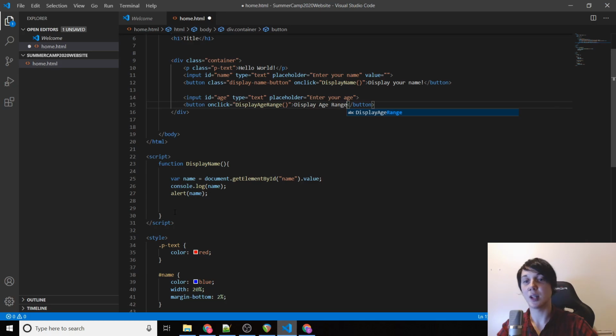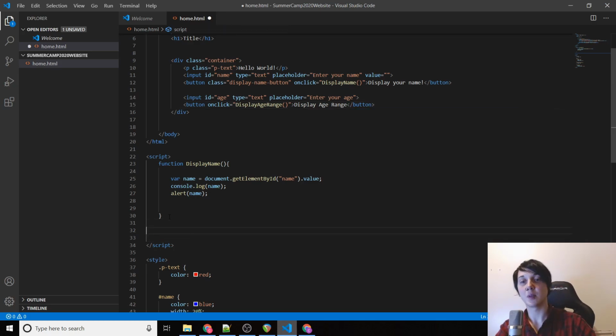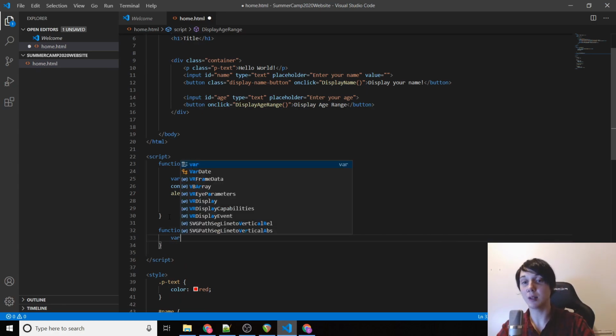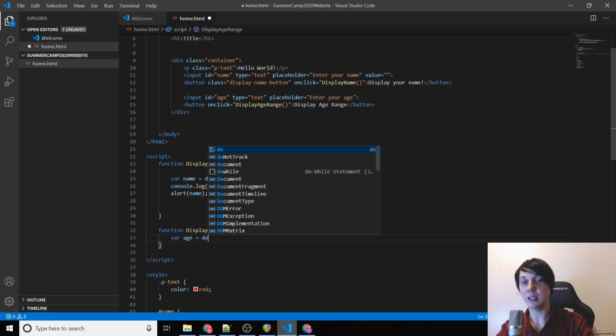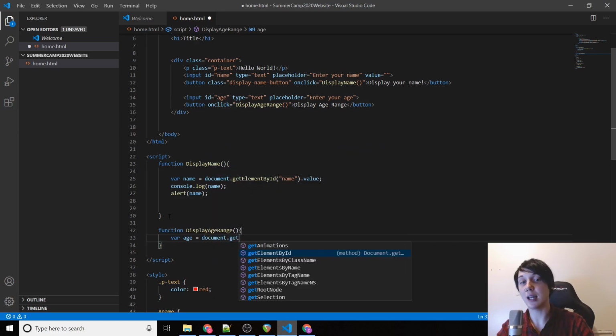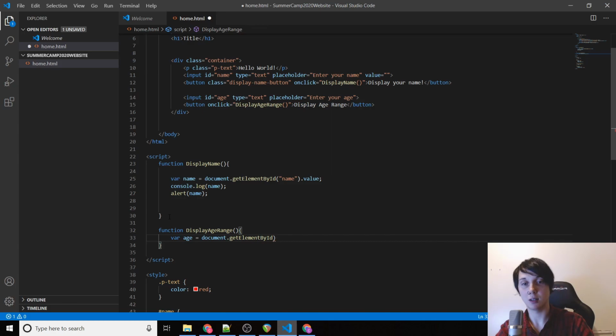Awesome. So now we're going to create another function called display age range. Then we're going to do the exact same thing we did with our name, but with our age. And we're going to say equals document.getElementById age dot value, because we want to get the value and not the input box itself. So now we have a pretty good idea of how this works, I think. So we have our age. So if I type in alert age,